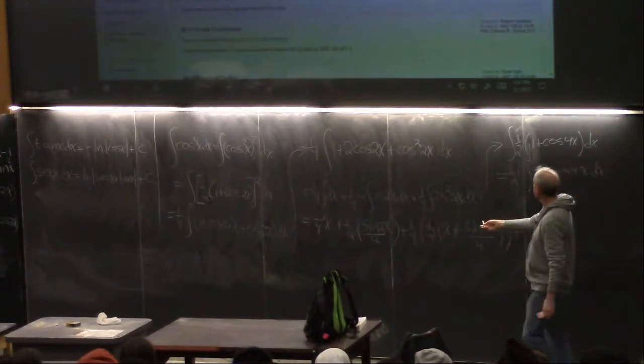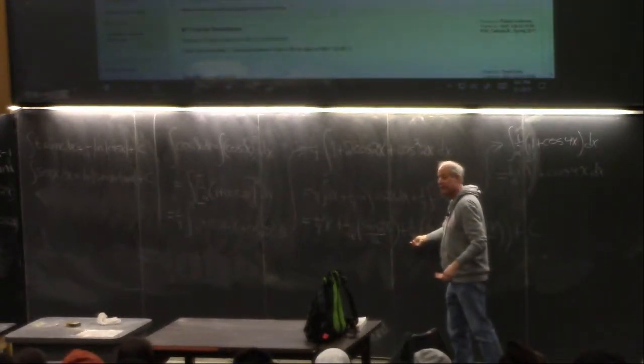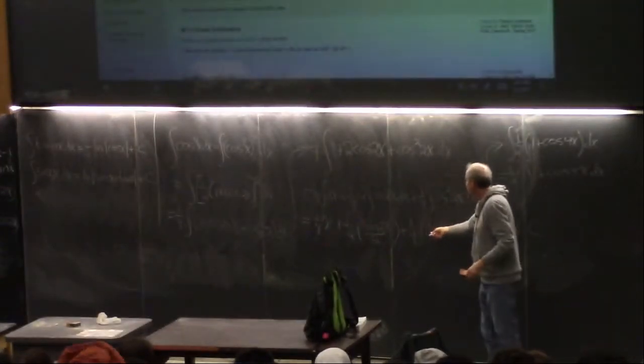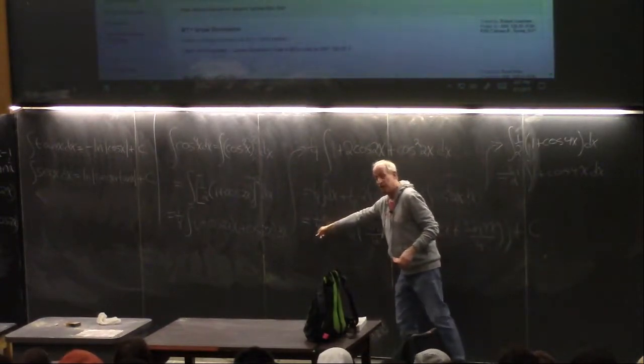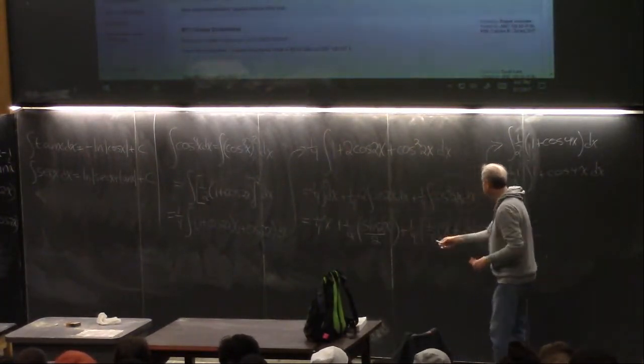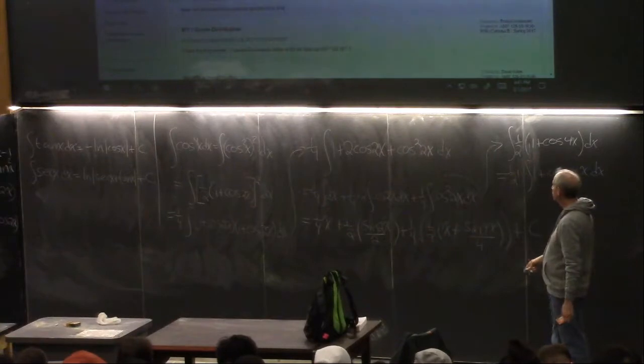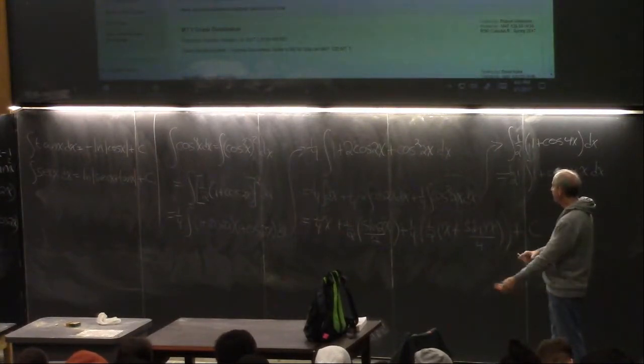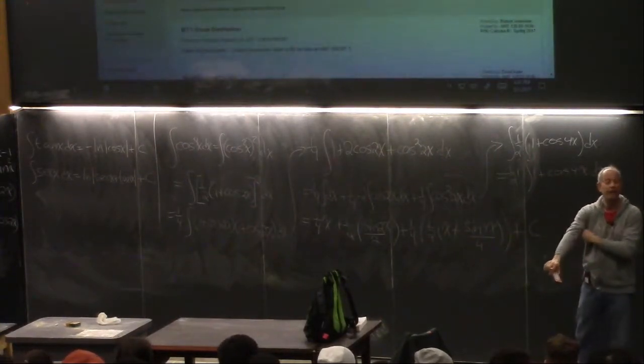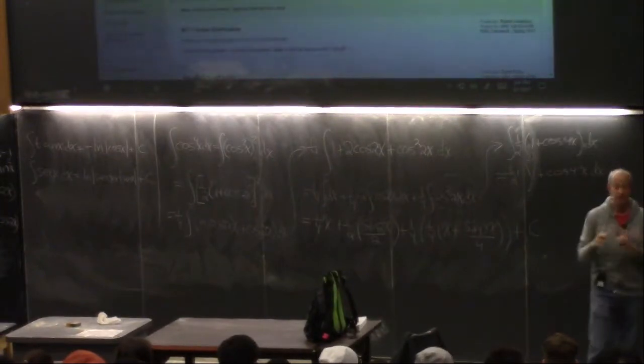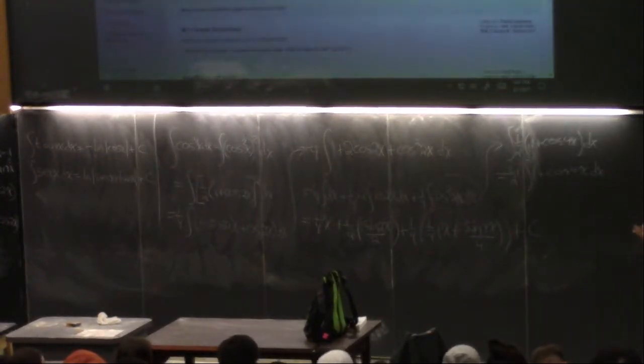Well, when I'm all done, the 1/4 is out here. So this is now 1/8 of x plus 1/2 x, which is actually 3/8 x, plus sine 2x over 4 and sine 4x over 32. If you put it in Wolfram Alpha, that's what it's going to spit out. It's going to give you the final form of it, which you may not come up with, and frankly, I don't think you need to.